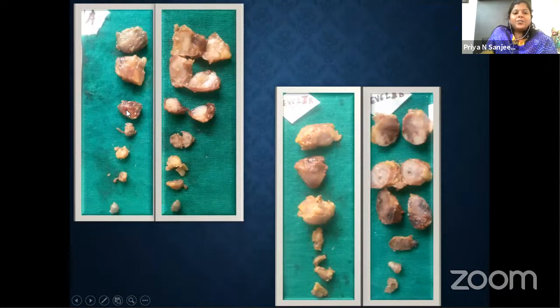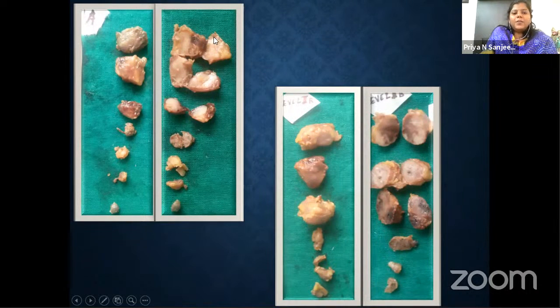And this is just two examples of level 1A and level 1B group of lymph nodes. Once you remove the lymph nodes from one particular level, arrange it in ascending or descending order of the size. And this is when the lymph nodes are intact, just write total number of lymph nodes present, and then do the sectioning. So cross section findings you can mention.